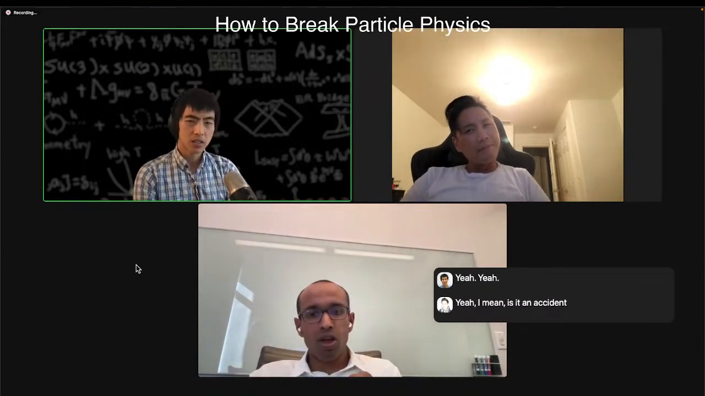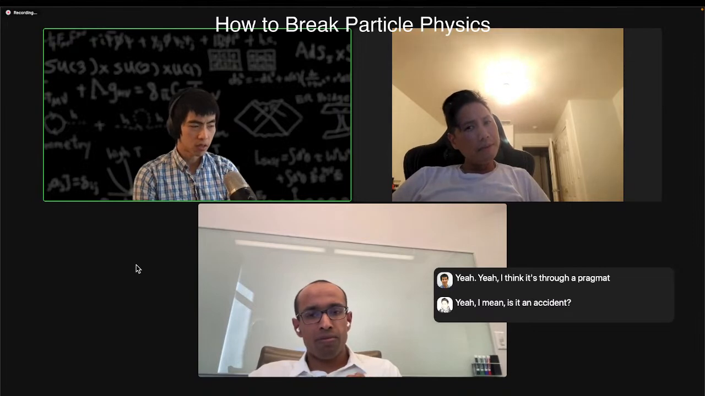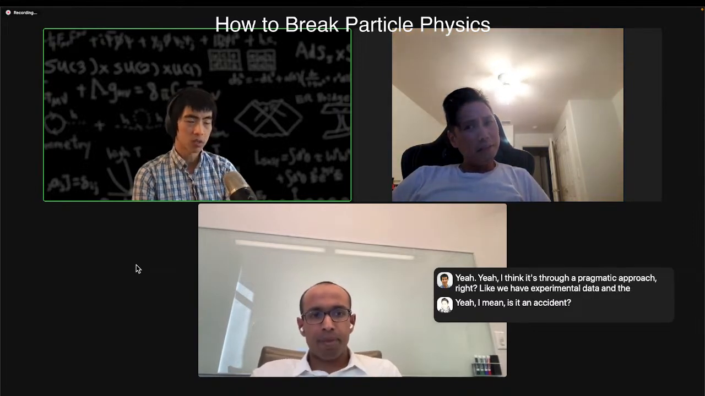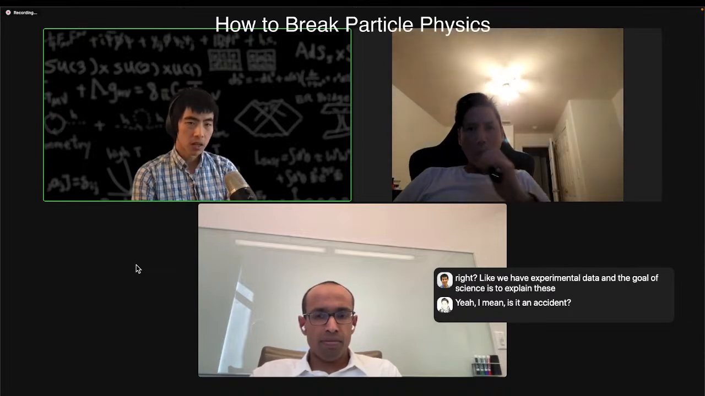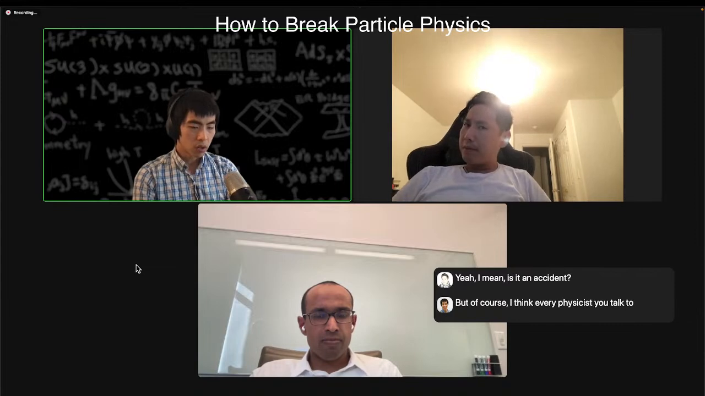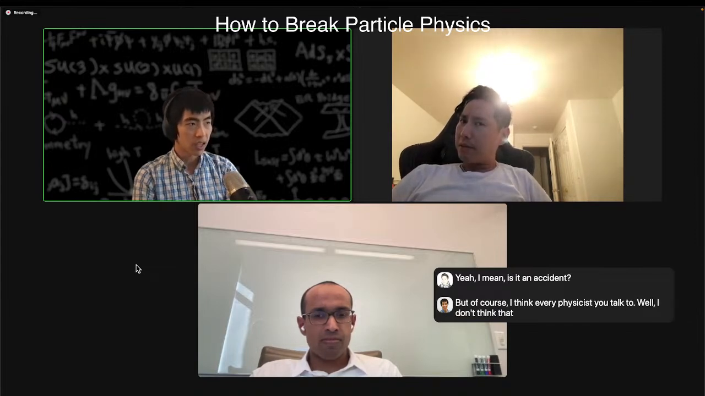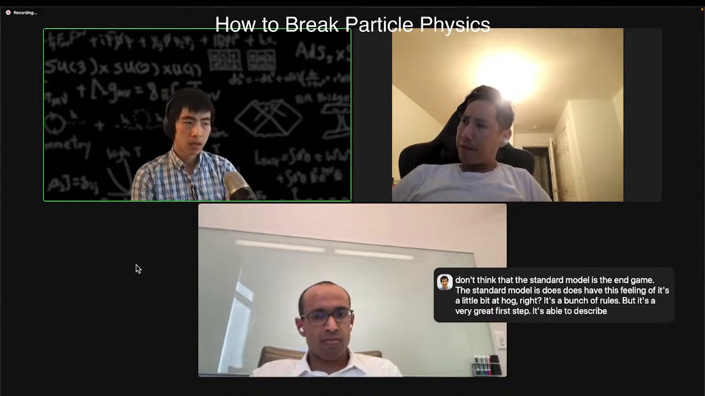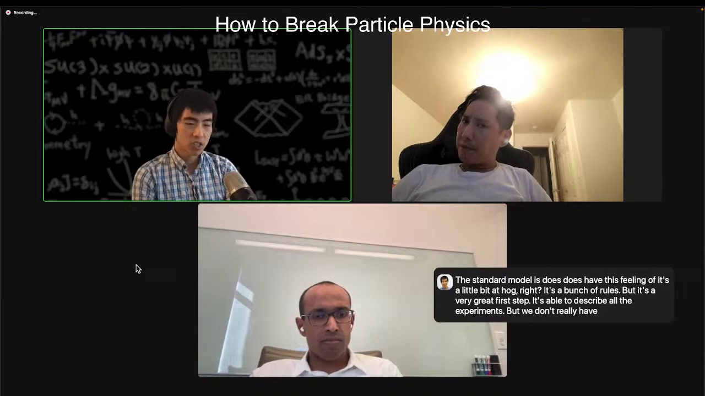I think it's through a pragmatic approach, right? We have experimental data, and the goal of science is to explain these experimental data. But of course, I think every physicist you talk to doesn't think that the standard model is the end game. The standard model does have this feeling of being a little bit ad hoc, right? It's a bunch of rules, but it's a great first step. It's able to describe all the experiments, but we don't really have a way to explain